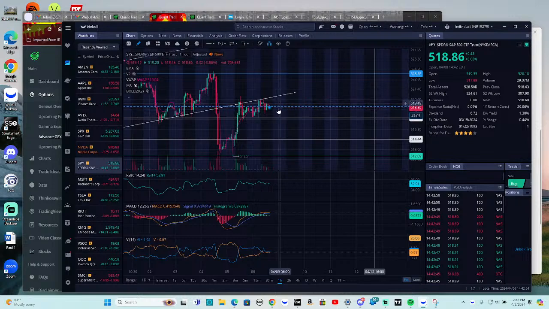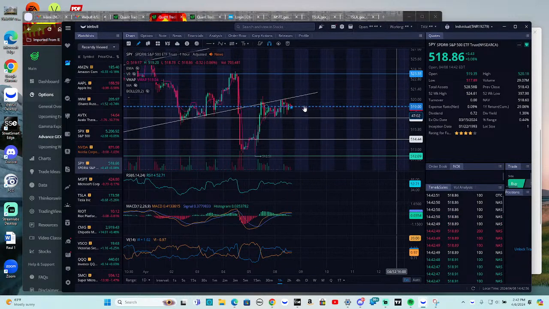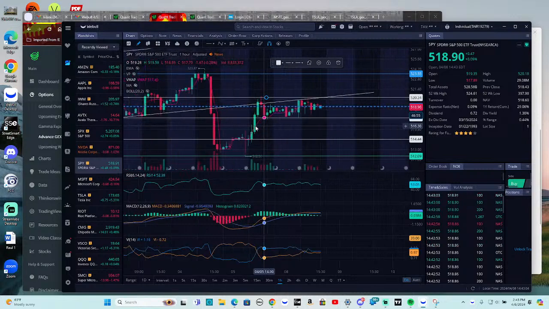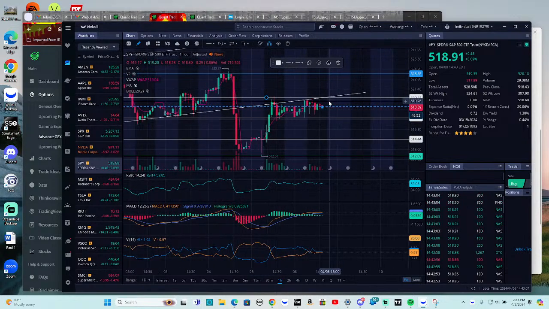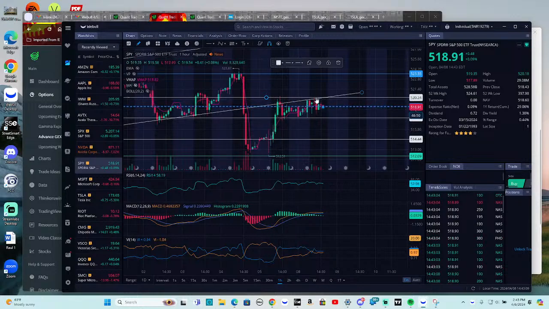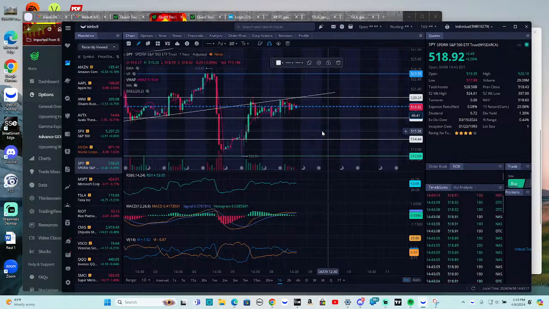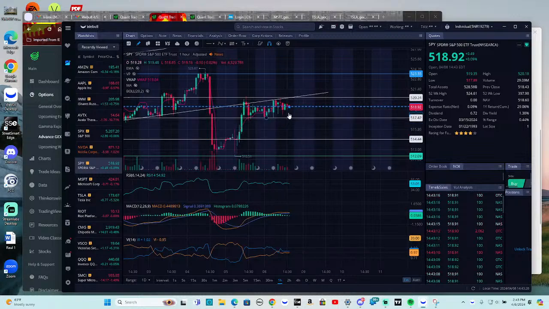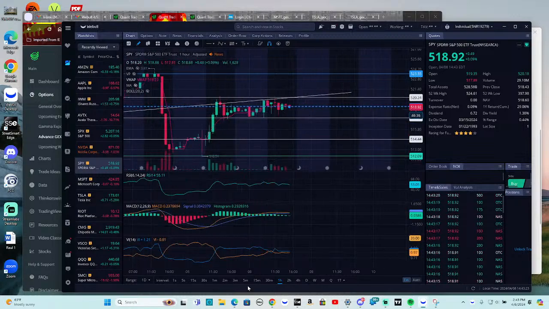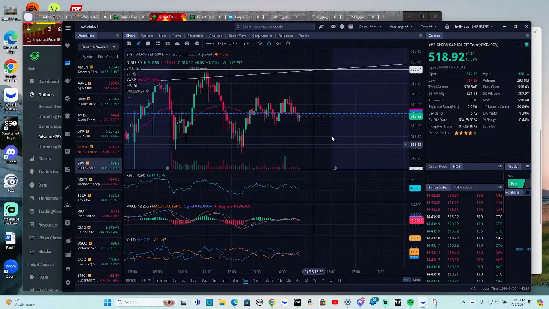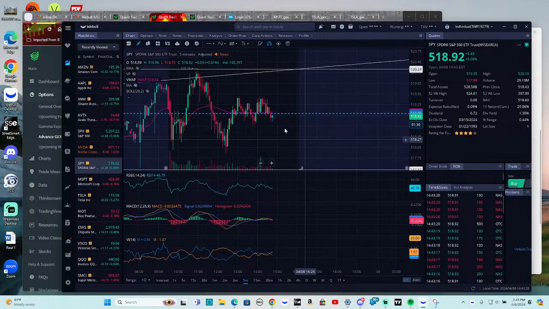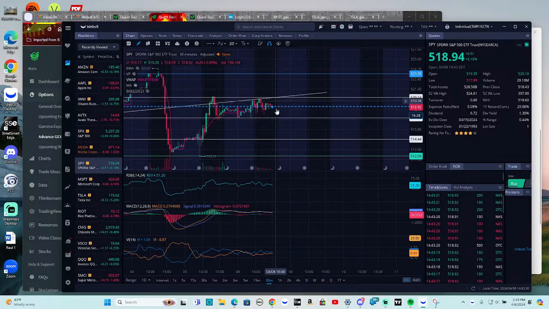So if I'm thinking that this is going to be resistance, let me add an area here. If I don't like the looks of this, this is a pole with an ascending triangle attached to it. Also, we're running into resistance of the trend here. We double topped on this level. We have max pain. If I'm taking up the theory that SPY is going to drop back down to 514, I would play maybe one put for today and maybe a longer put for tomorrow,